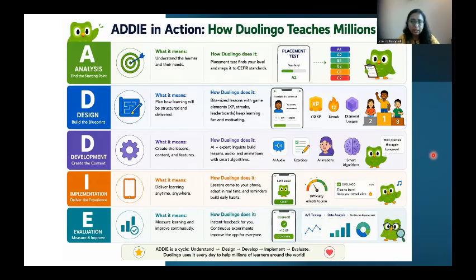Now, the ADDIE model is something that we have been learning even before the AI came into the picture. It talks about how to create our lesson learning management system through analysis, design, development, implementation, and evaluation. Okay. Now,